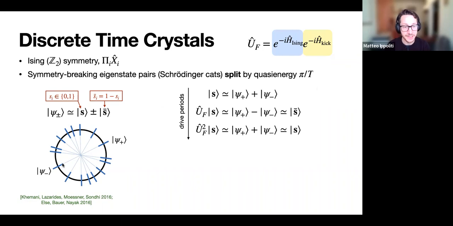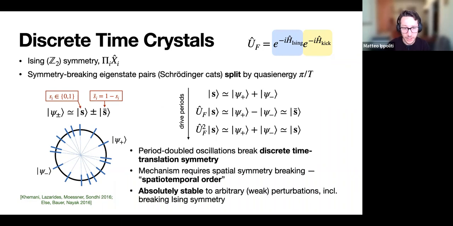And it's precisely because of this special structure of the spectrum, which gives rise to this spontaneous breaking of discrete time translation symmetry, meaning that your system has a time translation symmetry of capital T, but the observables you might measure have a symmetry of period twice capital T. And the mechanism that gives you this temporal symmetry breaking is inextricably connected to spatial symmetry breaking, because the two eigenstates that are separated by pi are actually symmetry breaking eigenstates for some symmetry you had in the system that in a Hamiltonian would give you say something like ferromagnetism, so a spatial pattern of symmetry breaking.